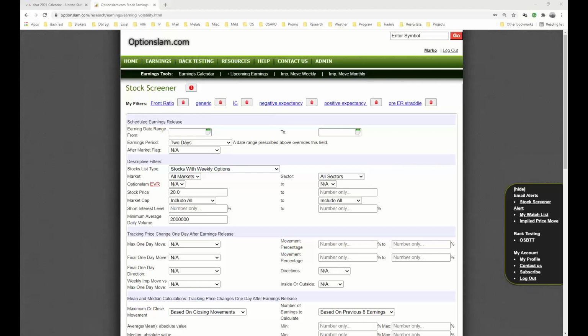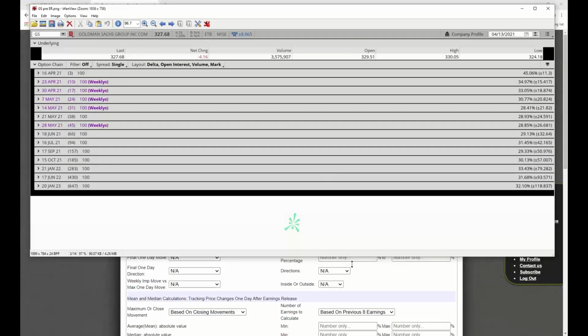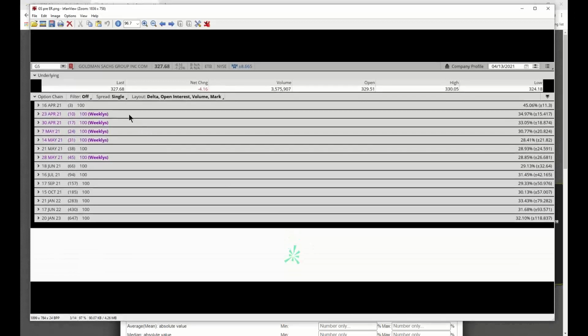All right, so here we are. Here's what I want you to notice: here's the date, 4/13. This is last Tuesday, I believe. And here's the options chain, and you can see this is out of Thinkorswim. You can see that April 16th would have been last Friday. This is captured out of ThinkBack at Thinkorswim, and you can see the options that expire